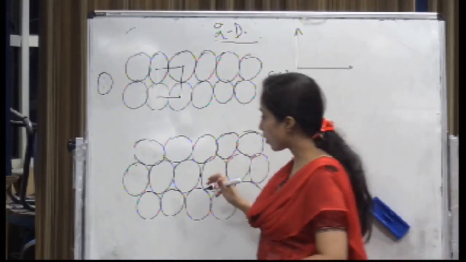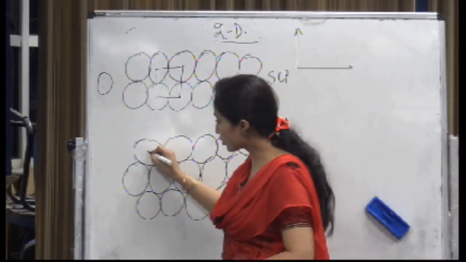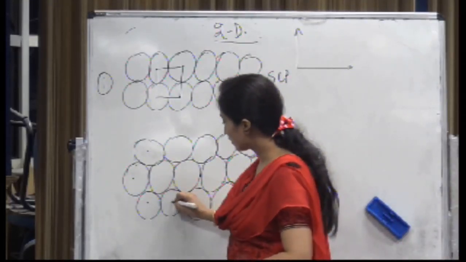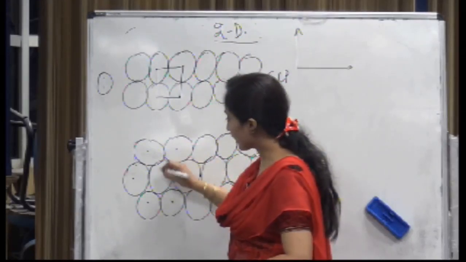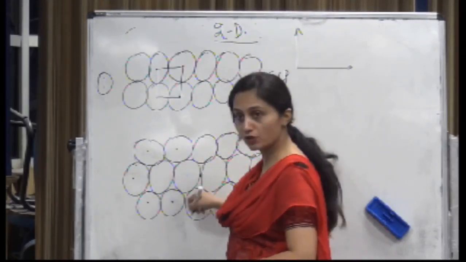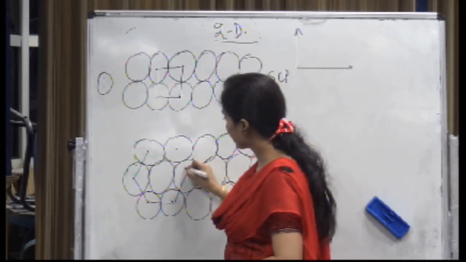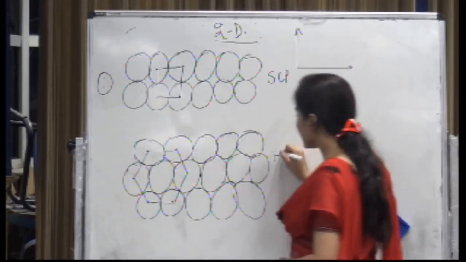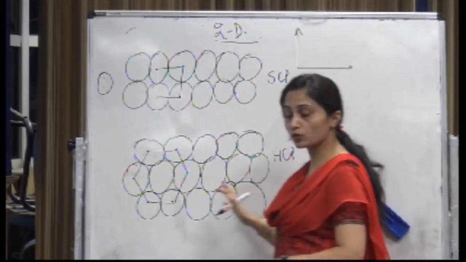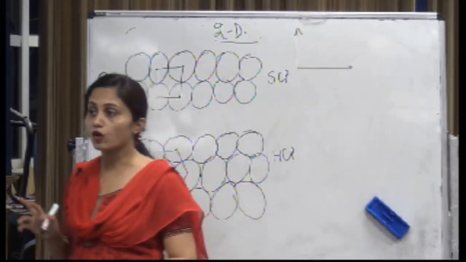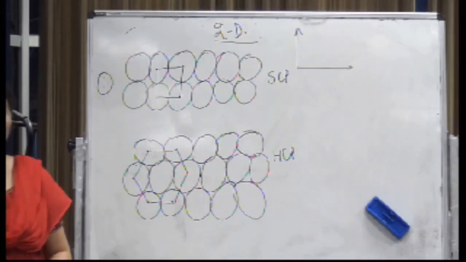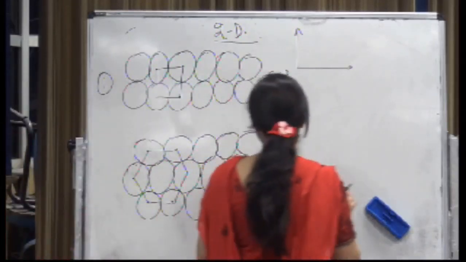Now when I am talking about this case, and if I join the centers of the nearest neighboring atoms, then I get a hexagon. So this is kind of a hexagonal close packed structure, but this is only in case of 2D. Now when I move in 3D,